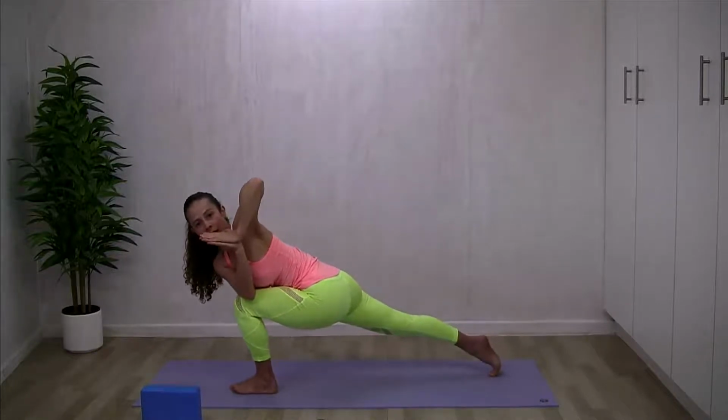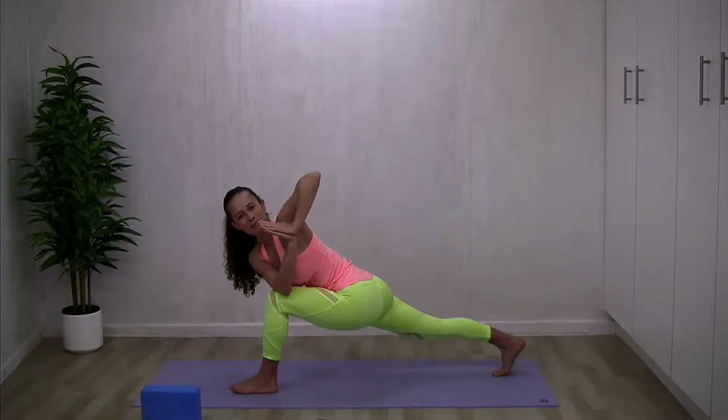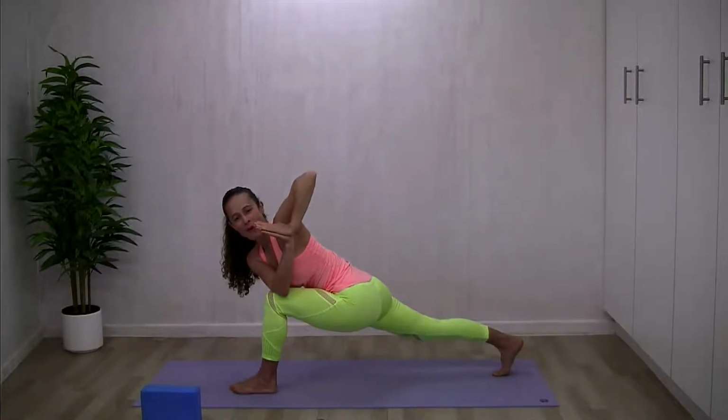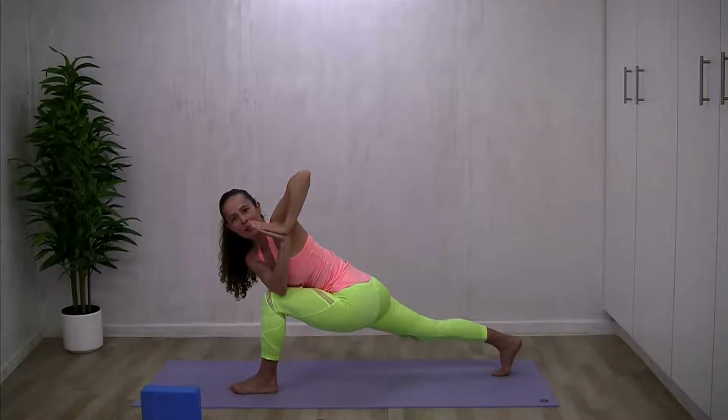Watch that you're not leaning all of your weight forward. So push back into that back heel. Look for that stability. Use your inner thighs. Use your core. Hold. You're going to give me a few breaths here, and then we'll find our way into our modified hamstring stretch,